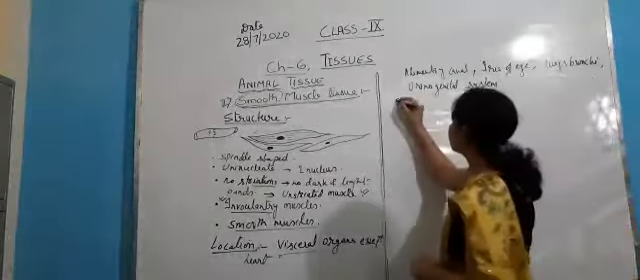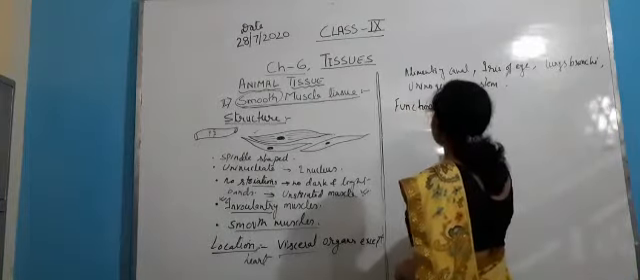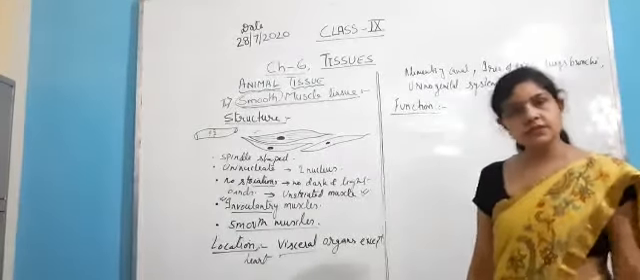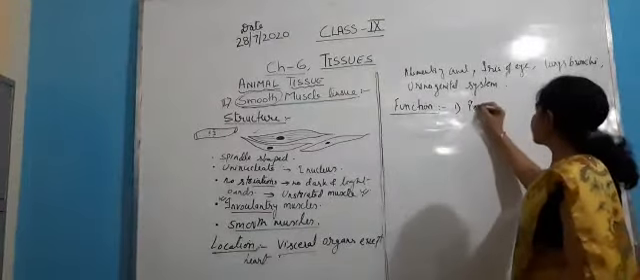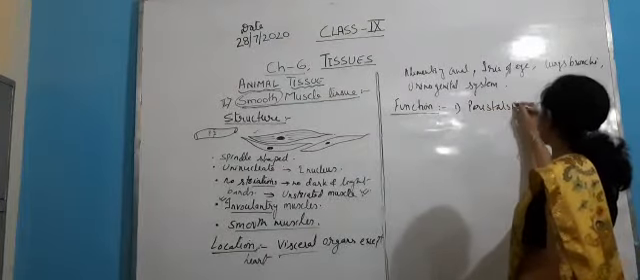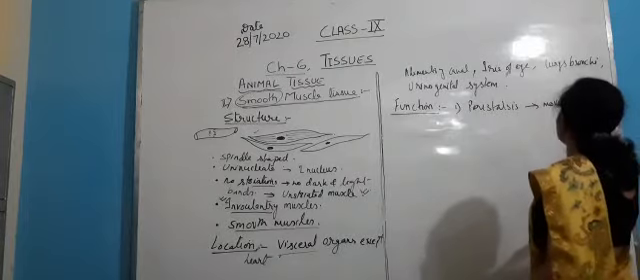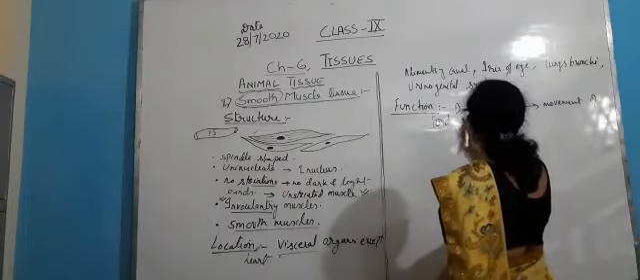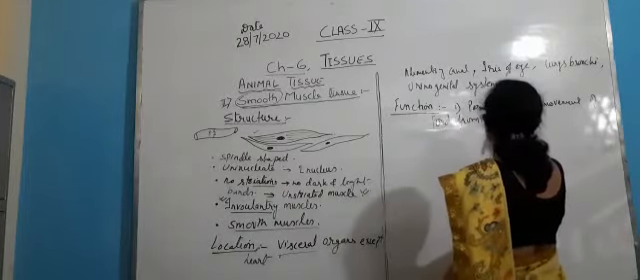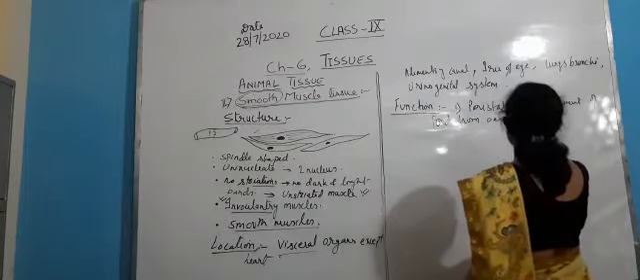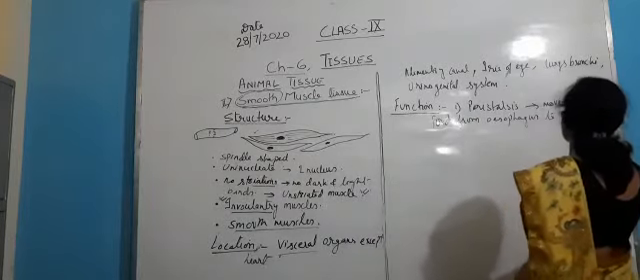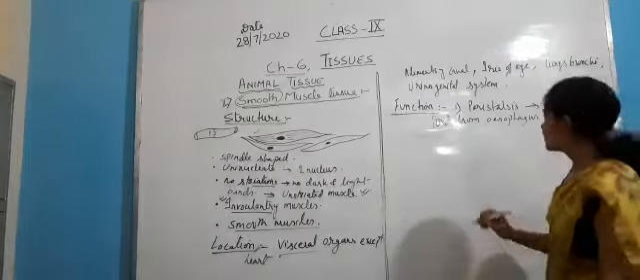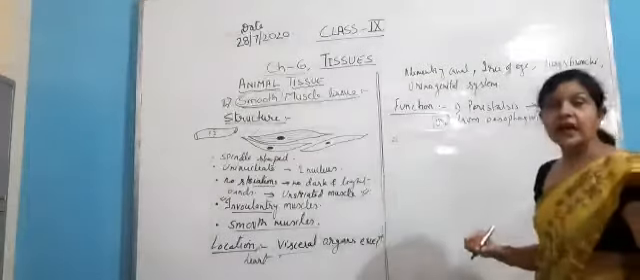Now let us discuss the function of smooth muscles. If we talk about the functions of the smooth muscles, first of all, it helps in peristalsis. Peristalsis is the movement of food from the esophagus to the stomach. Secondly, I told you about the dilation